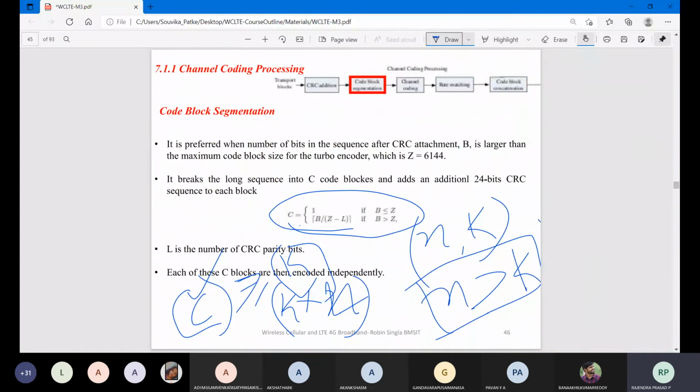When you add your message data with the code blocks and it is transmitted, it is left to the channel and the receiver to decode it. So how are we going to decode? We have this decoding algorithm. Code block segmentation is done to make sure that all parts of the data are received properly at the receiver, because we cannot send the whole data at once.